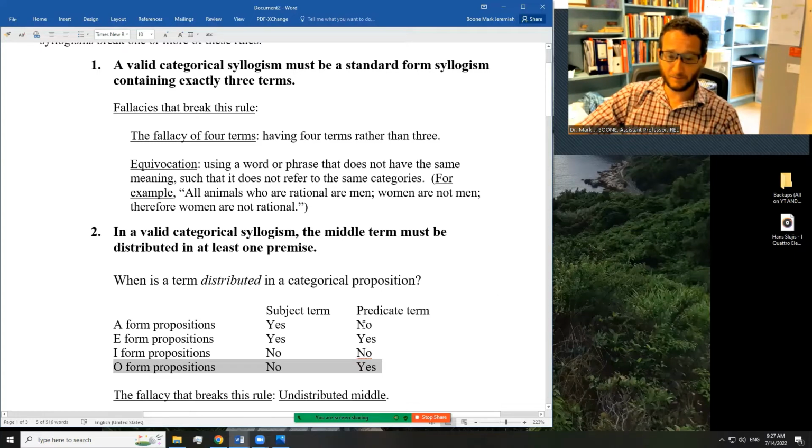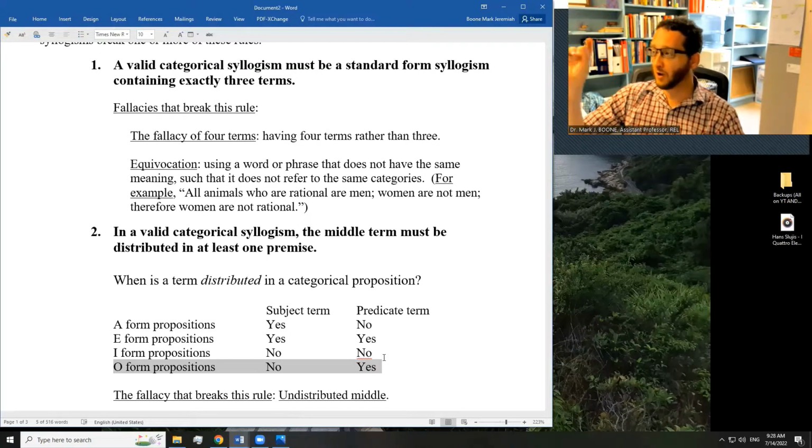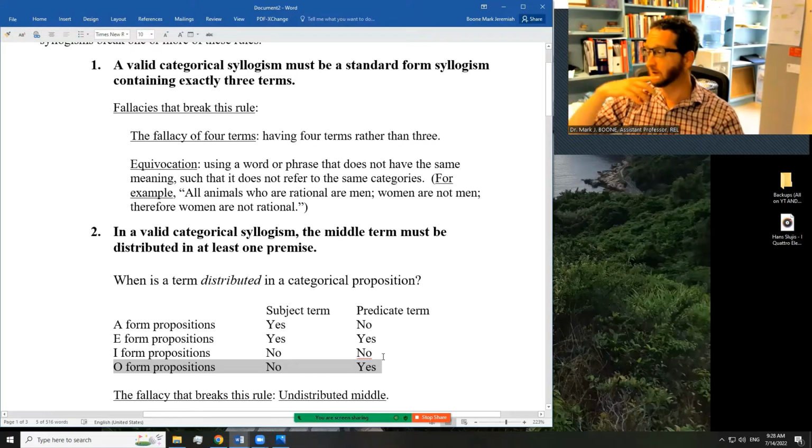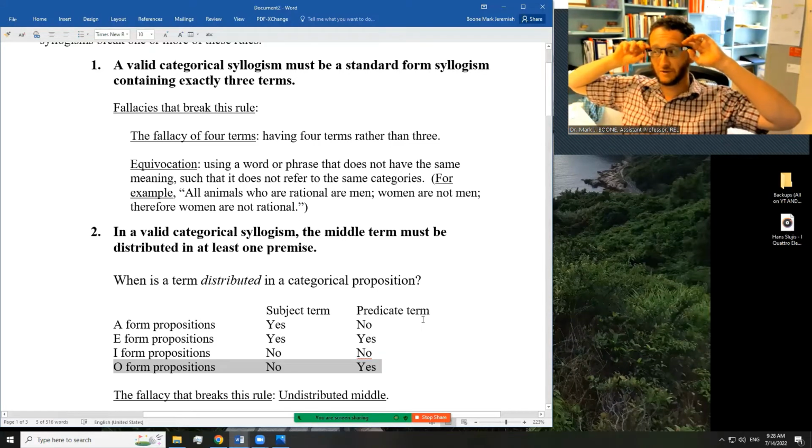Now, let's get back on track. The O-form proposition distributes the predicate term. Why does it distribute the predicate term? If I say some guinea pigs are not pets, have I told you something about all guinea pigs? No. Have I told you something about all pets? Actually, yes. Because I told you that all pets are not those particular guinea pigs. That's it. That's the only explanation I can give you. An O-form proposition distributes the predicate term because it tells you that every member of the class denoted by that predicate term is not those particular members of the class denoted by the subject term